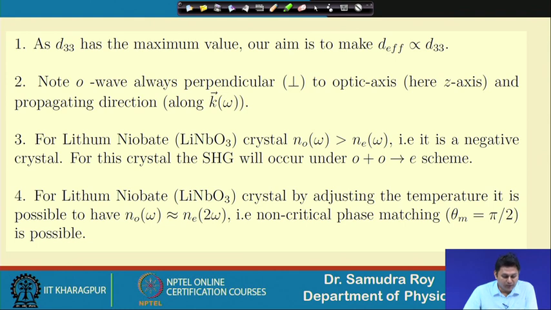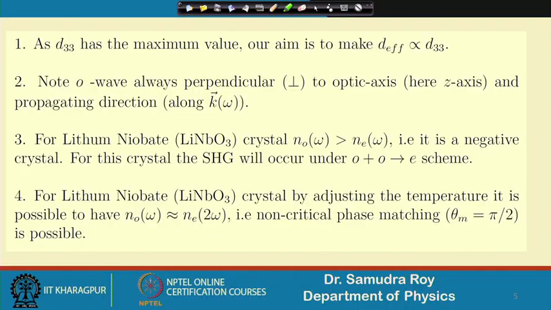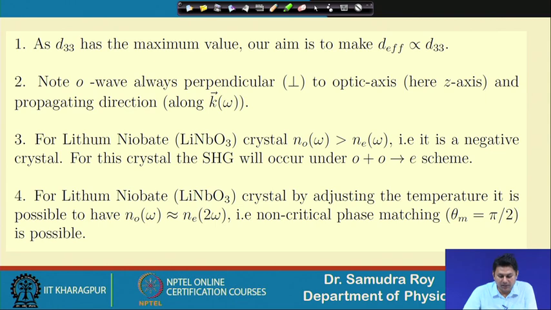Now, the O wave is always perpendicular to the optic axis and the propagation direction vector k, that you should always know. Whenever we calculate the second harmonic, and if it is an OO plus E system, then we should be careful that the fundamental wave should be an ordinary wave, and the generated wave, that is the 2 omega wave, which has frequency 2 omega, should be extraordinary. That thing we should remember, and we should do these things very carefully, to see how these waves are generated.